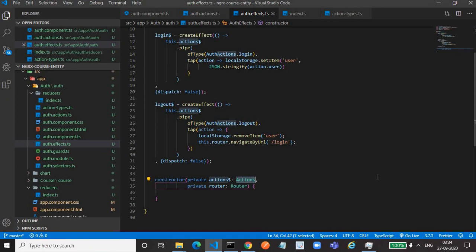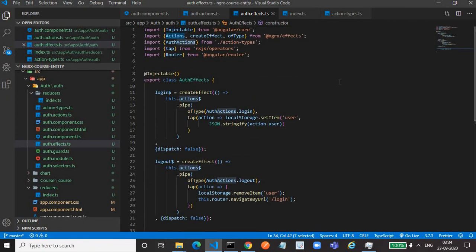This Actions is important. We have to import that Actions from @ngrx/effects. Then we have to create an effect by using the createEffect function. That also we have to import from @ngrx/effects. createEffect takes an arrow function.